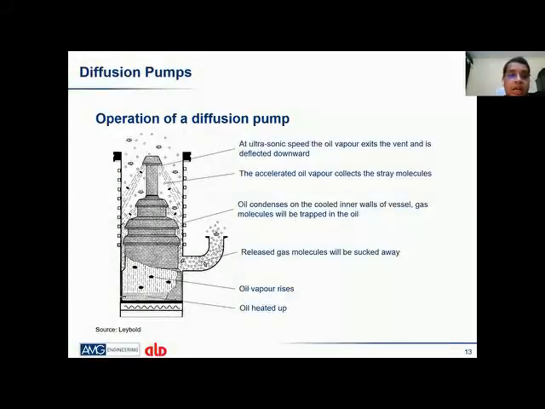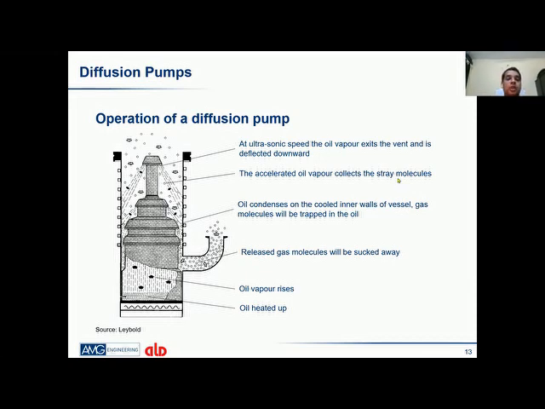So this is another set of pumps, known as the diffusion pump. What we have seen is the vane pump, which takes the vacuum level from atmosphere to 100 millibar, and roots, which takes it from 10^-2 to 10^-3 millibar. Diffusion pumps are the very general pumps we see everywhere inside the furnace where high vacuum is required. These diffusion pumps are used when we have to generate a vacuum level of 10^-4 and 10^-5, which is basically used for brazing applications, nickel brazing, and different